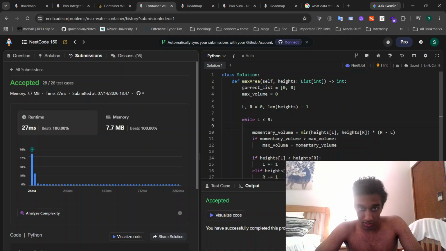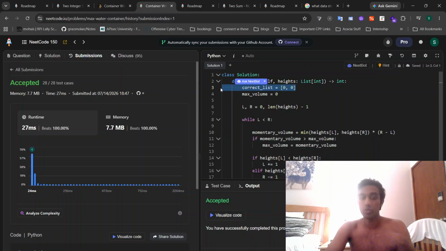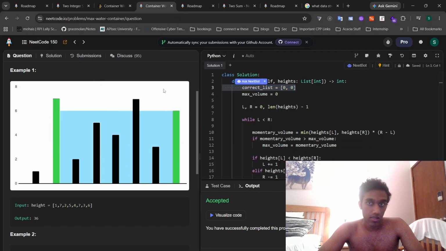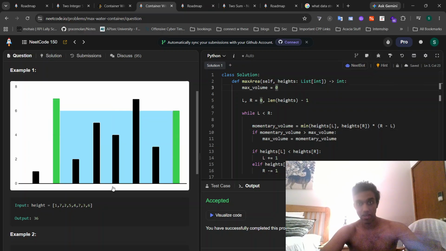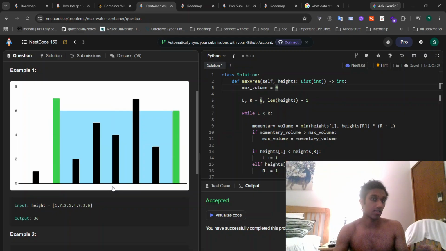What I did was I initialized the max volume. This actually is not required, since we don't need to provide the indices of the array. That is correct. So we could just do max volume. Let's have max volume exist, and as we find the max volume for